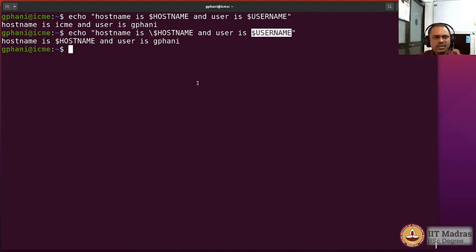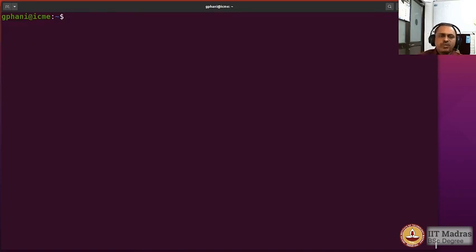Now why is it useful? This is useful when you want to pass on the string to a child shell, but you want the interpretation not to be done by the shell that is launching that particular command. Now you may be curious to know how many shell variables have been defined in the shell that you are running. So let us go ahead and look at them.